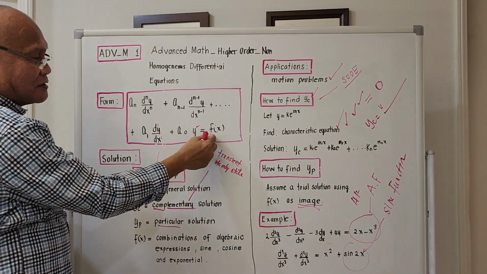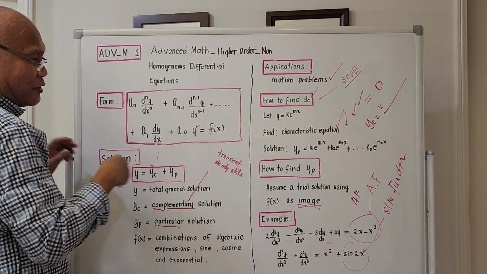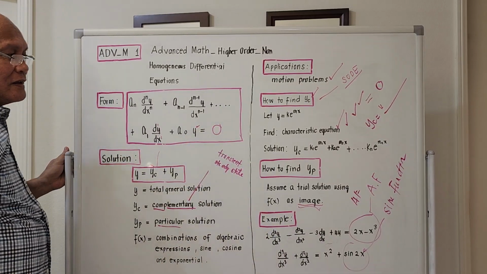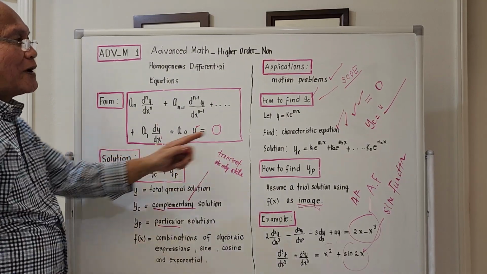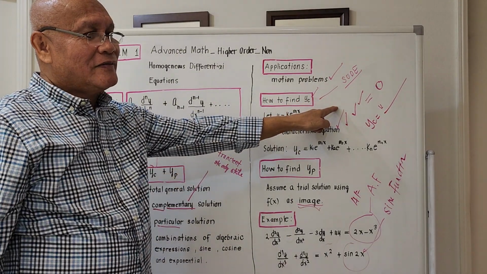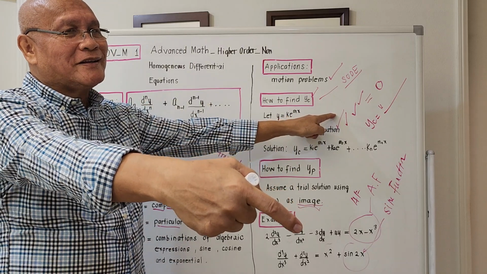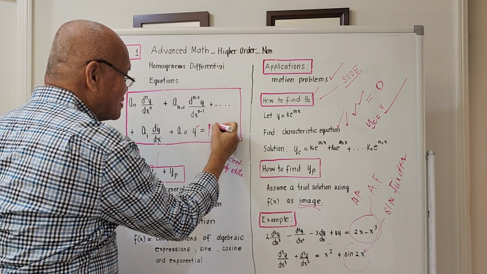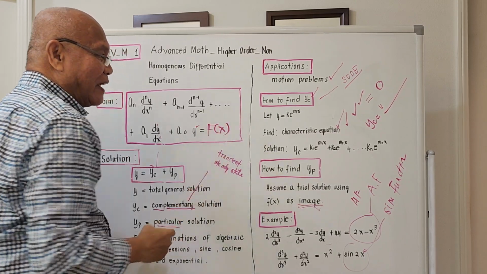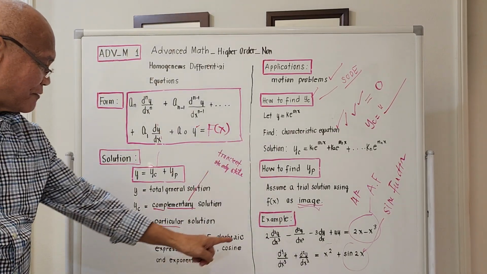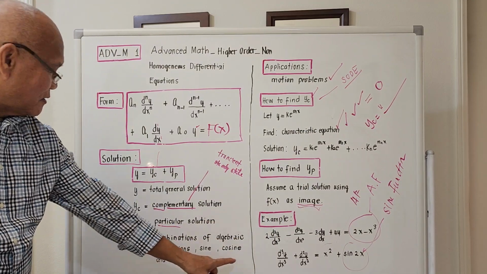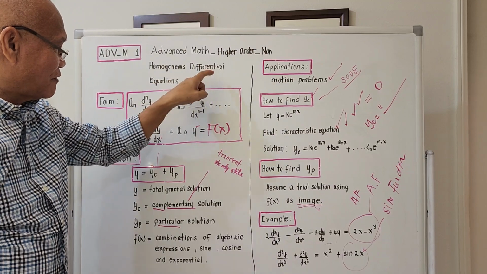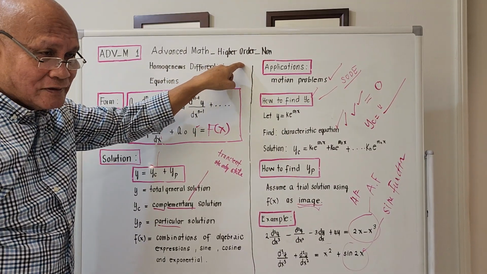Non-homogeneous means the right hand side is not equal to 0. Under homogeneous this is 0, and if it is 0, we go back to SODE. The only solution is the complementary. But if the right hand side is a function of x,